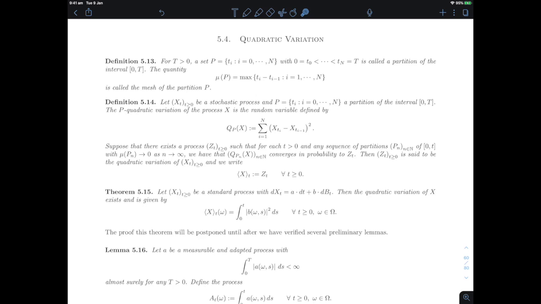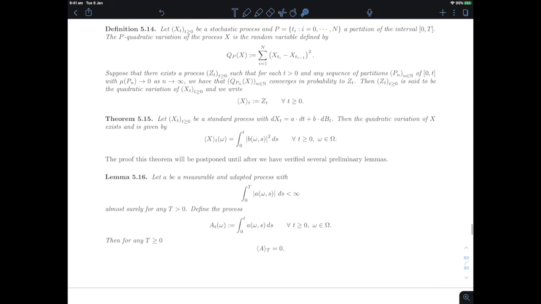So in proving the theorem, we'll have two things to do. Notice that the quadratic variation doesn't depend on a. So first of all, we should see that if b is 0, if you don't have this term, then the quadratic variation of a process which satisfies an equation of the form dX_t = a dt should really be 0. And that's what we're going to prove in Lemma